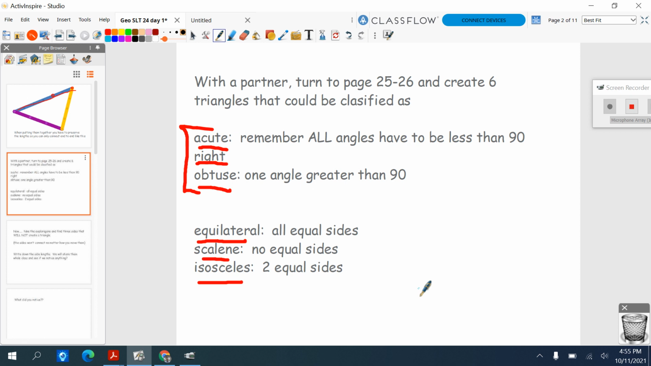All right. So hopefully you got a chance to do that. I will tell Miss Street to only spend about 5 minutes on this, but hopefully you were able to create these 6 triangles. You don't have to memorize the colors that you used, but it's important to know that these are the 6 ways that we can classify triangles. So next,